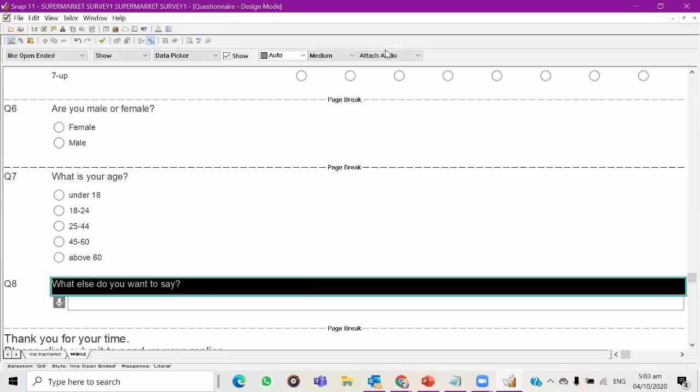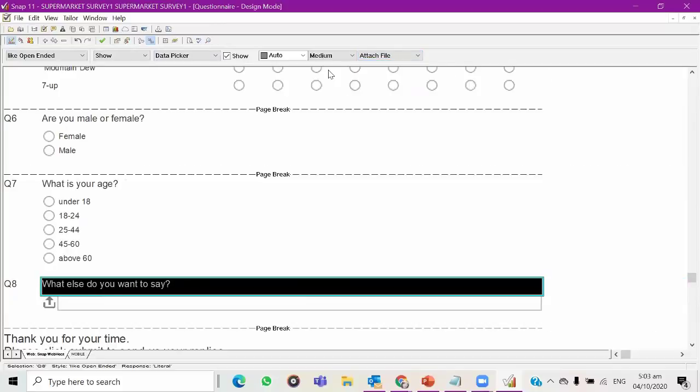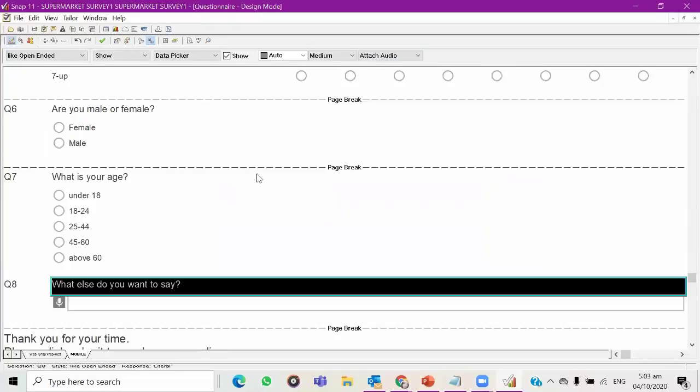All right. They can attach audio or signature or photo or keyboard in mobile. But in Snap Web Host, they can only attach a file. But in mobile, they can attach or upload any recording, signature, or photo. All right. Now you can attach record audio to your open-ended question. Once you press the record button here, you will be able to record whatever the respondent will be saying on